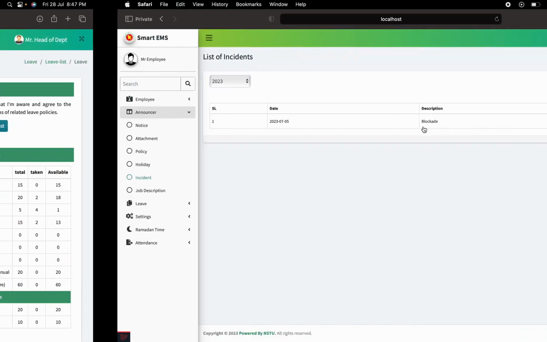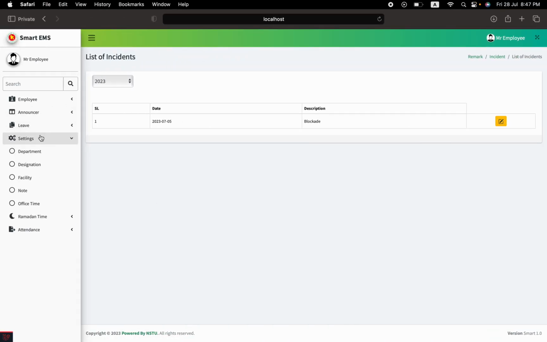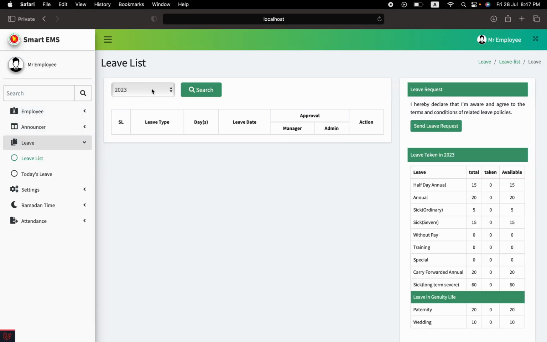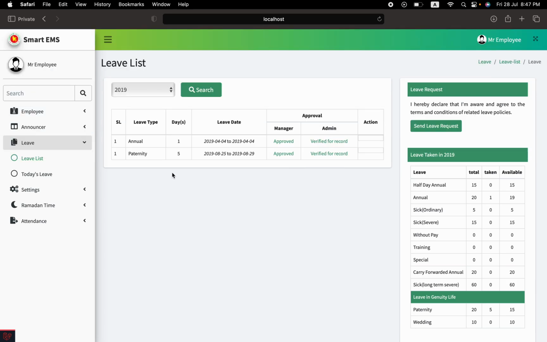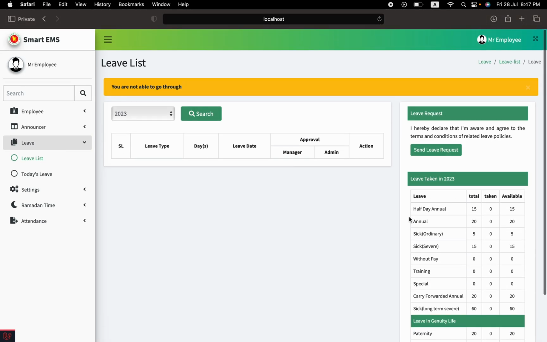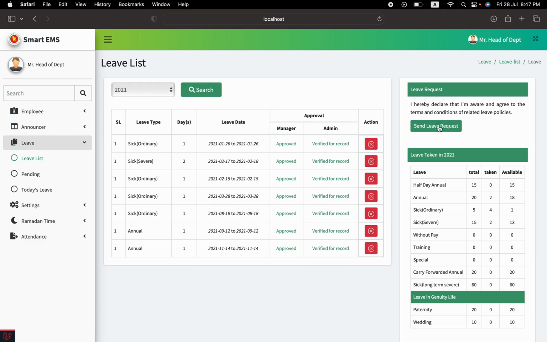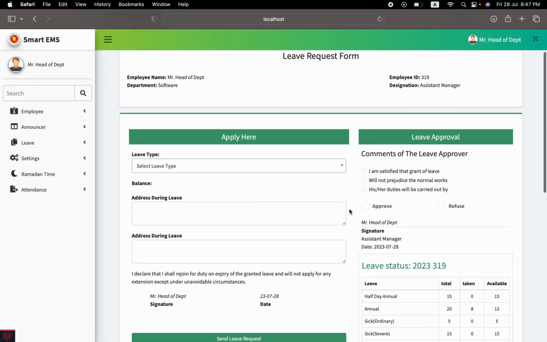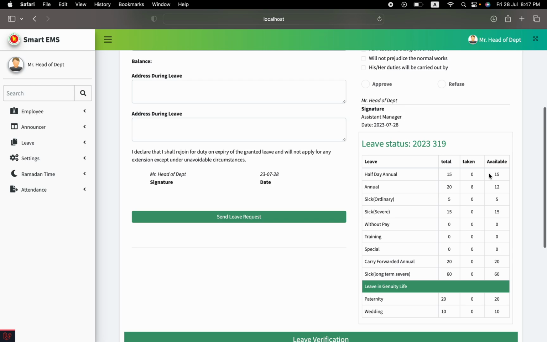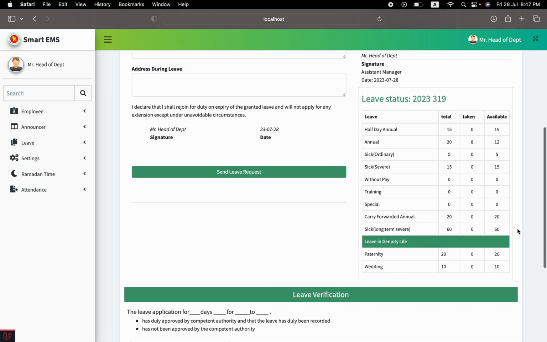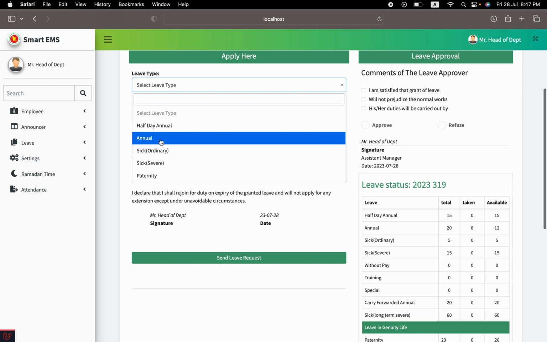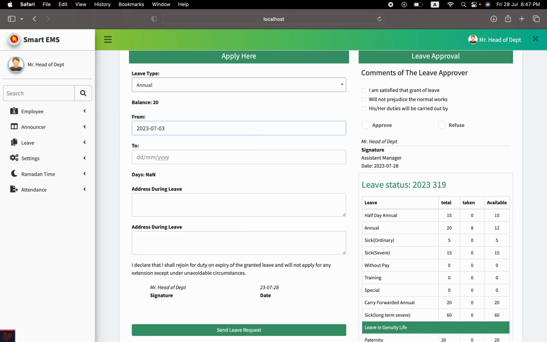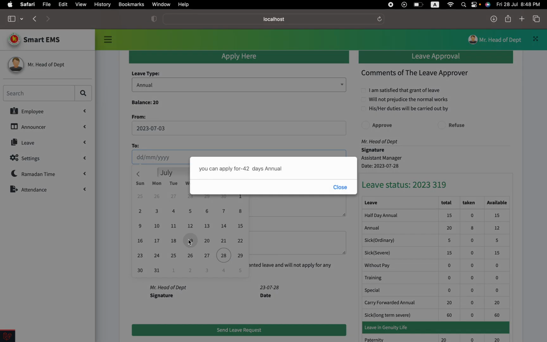We can create a leave request from here, send leave request. Sorry, there is a warning I have done maybe. If we go to send leave request, that is the leave request form, here we see our balance. Annual available is 15, and there is also a leave request available, and the total balance of our request. If we select annual, balance is 20. If we select 3 to 19,